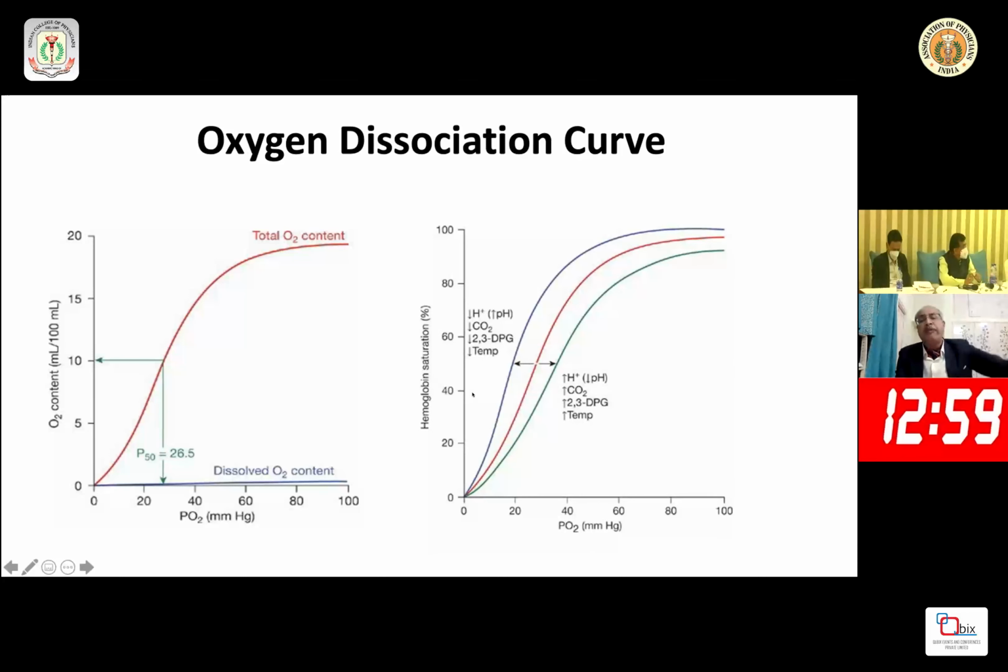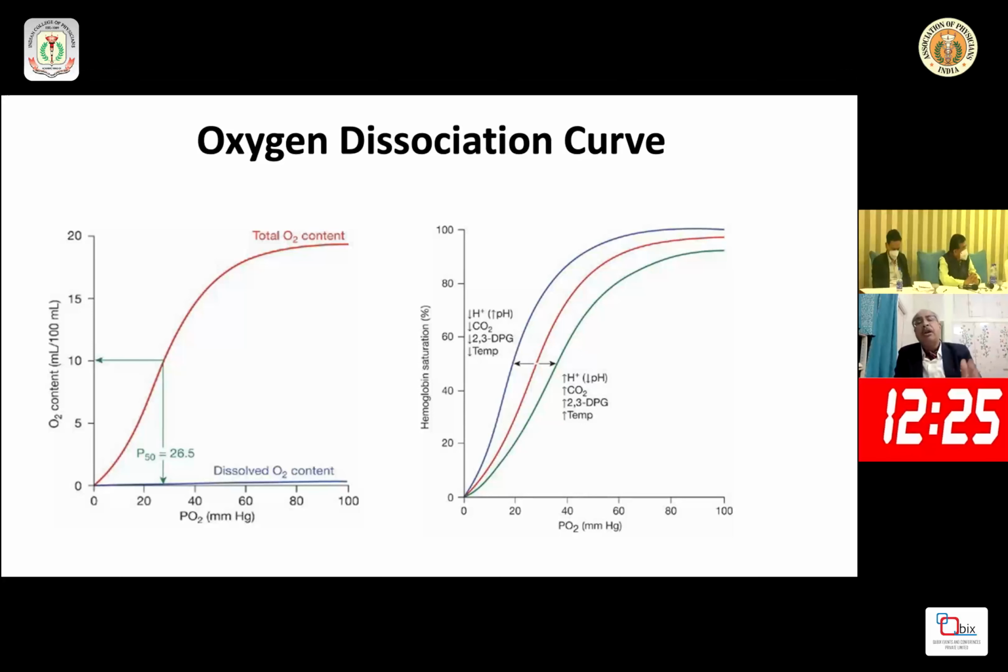And 3 things become very, very important for us to understand. One is pH. Second, obviously, is carbon dioxide, which is an acid. So both H+ and CO2 tell us about the effect of acid on this curve. And then you have 2,3-diphosphoglycerate and temperature. Now the curve can shift to the left or to the right. When for some reason it shifts to the right, the association between the oxygen and the hemoglobin becomes less strong, and it gets shifted away, and oxygen is delivered.